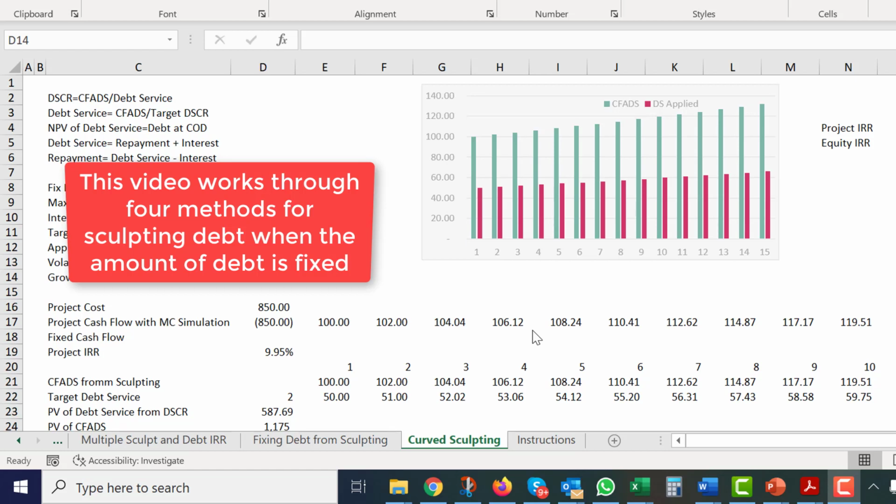This is a video about sculpting again, and this is in project finance, and it's about the issue of sculpting with fixed debt. Okay, now I realize, and I'm embarrassed to say this, I've got to switch things around. I have done this kind of incorrectly